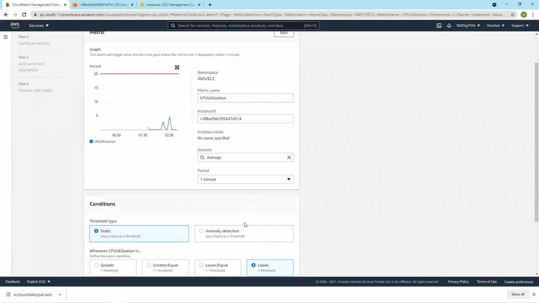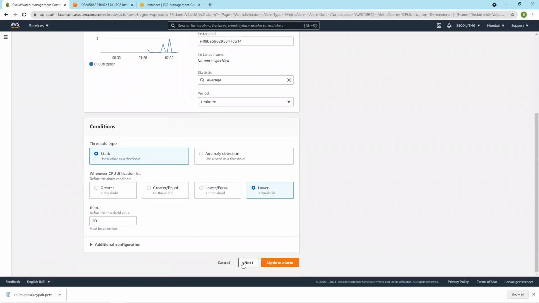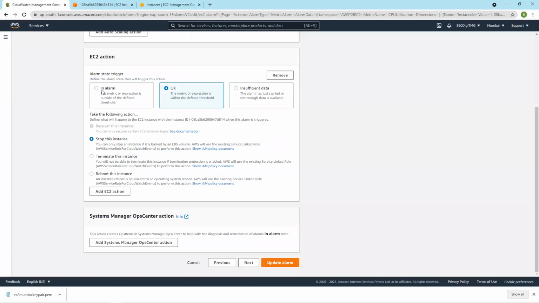Cancel, and let us use in alarm and update alarm.